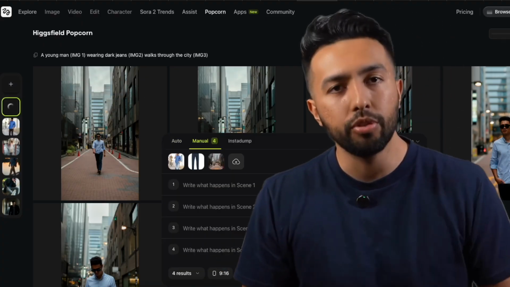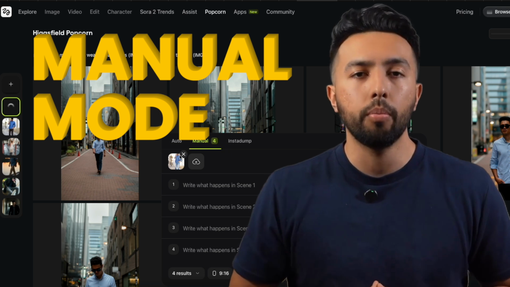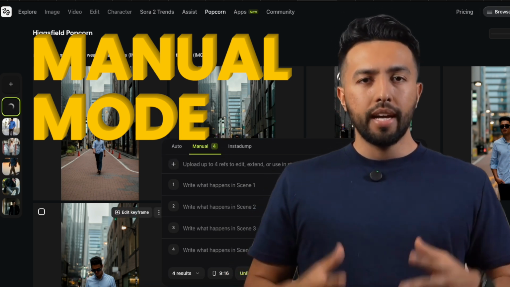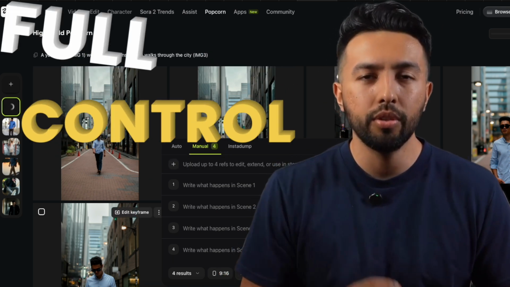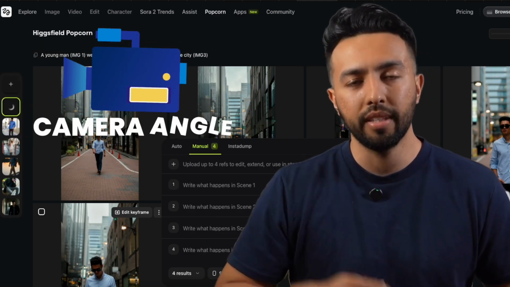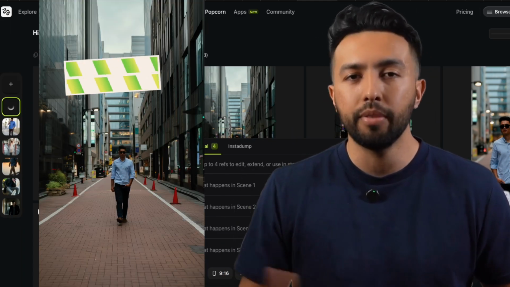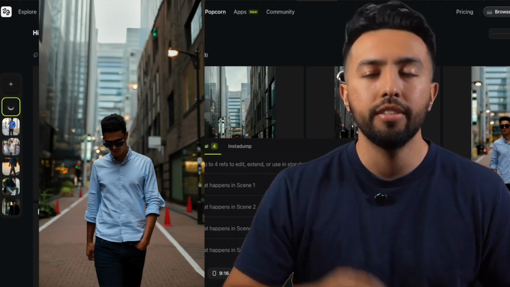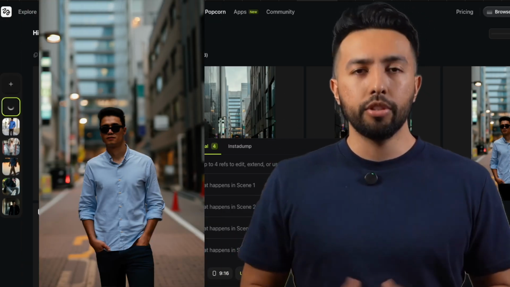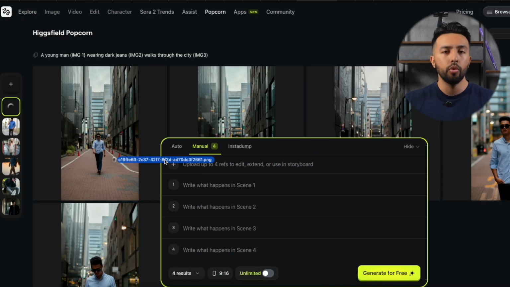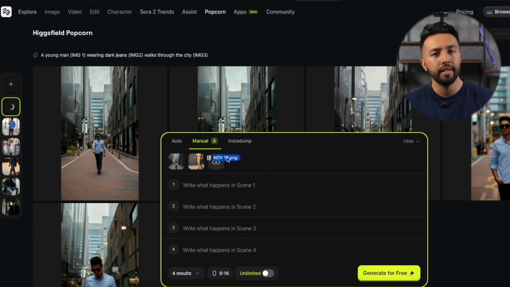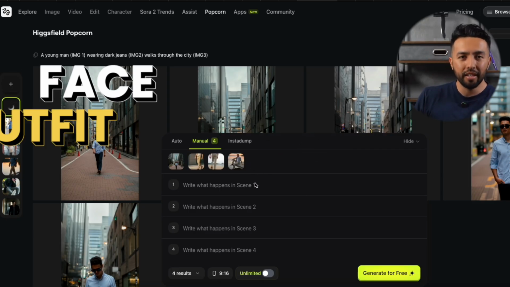Now let's move into manual mode. This is where Popcorn becomes a serious creative asset. In manual mode, you get full director control. Every camera angle, every action, the same character and outfit, different scenes, different locations, and you can build as many scenes as you want. You still only get 4 reference images, but that's enough to lock in the face, outfit,